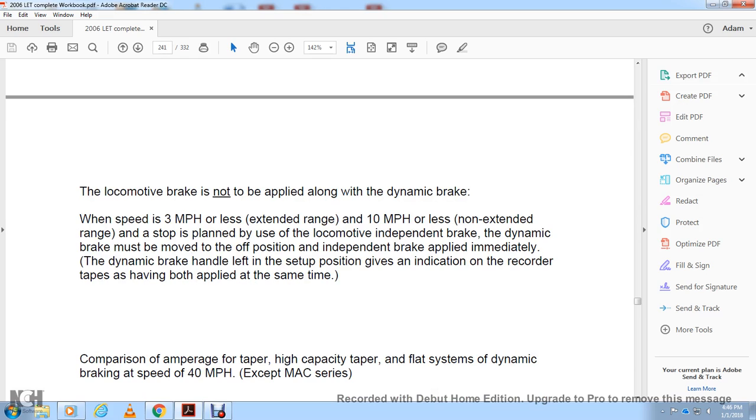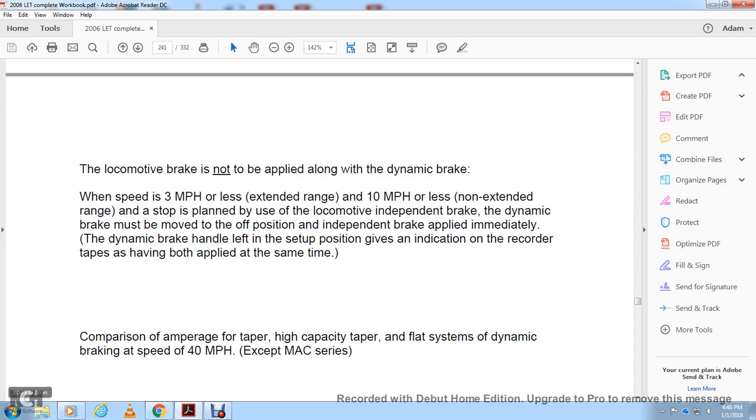The locomotive brake is not applied along with the dynamic brake. When speed is 10 miles an hour or less with extended range, or 3 miles an hour with non-extended range, the independent brake with the dynamic brake must be moved to the out position. The independent brake is applied immediately. The dynamic brake handle is left in the set-up position, giving an indication on the recorder tapes of having both applied at